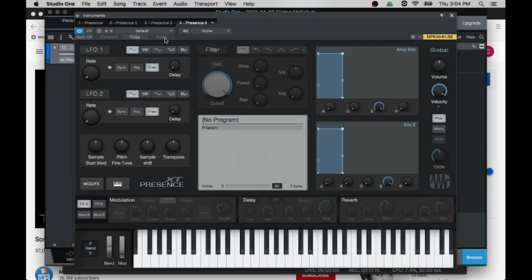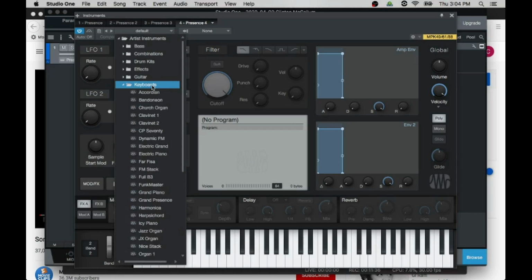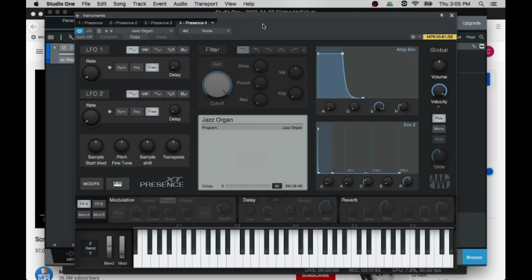I am going to load a program. So again, this is sort of taking you through the steps of setting this up in Studio One. Let's do some sort of keyboard thing. How about a jazz organ? Okay,